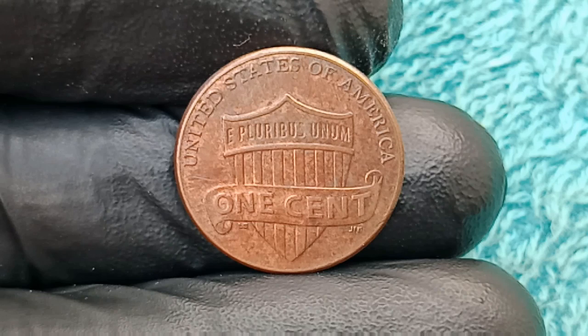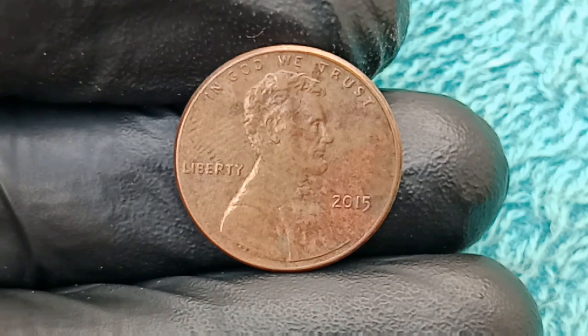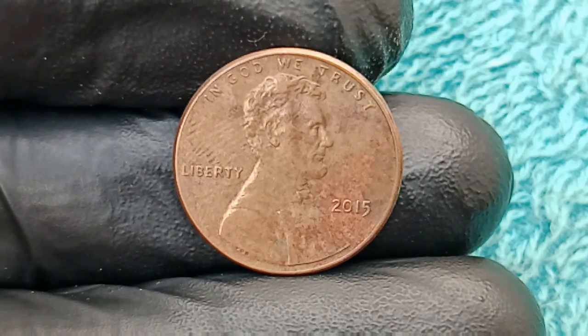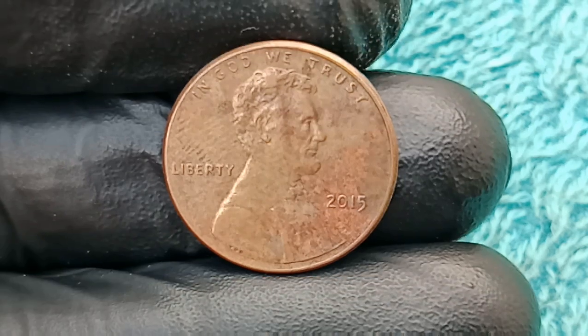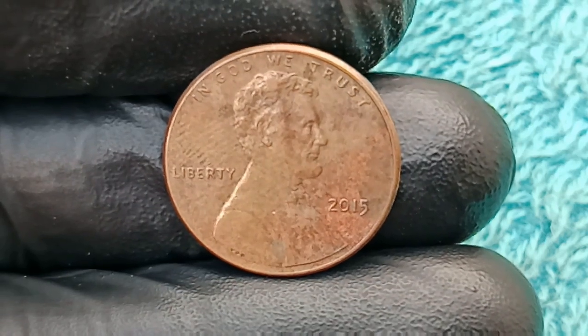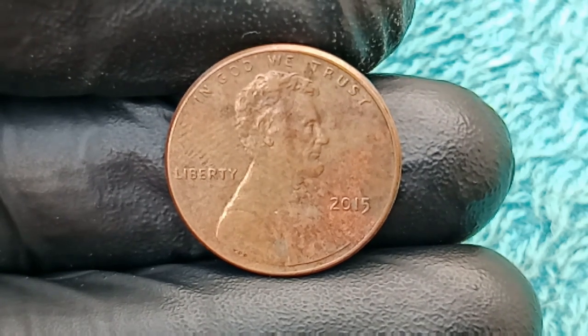cent and instantly establishing the 2015 era coin as the most expensive modern circulating coin in American history, a title that turned it into a pop culture phenomenon, generating media coverage, viral videos, documentaries, and a new wave of interest in coin collecting not seen since the gold rush era of the 1800s, and following the sale, collectors across the